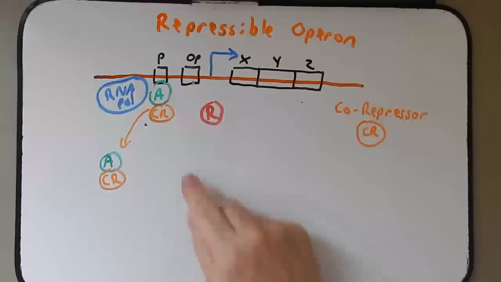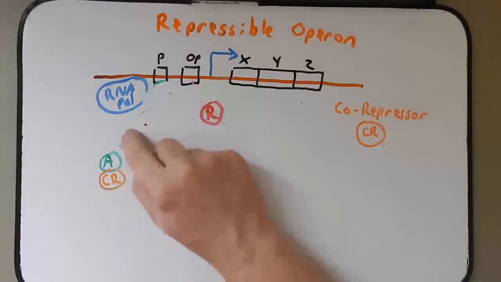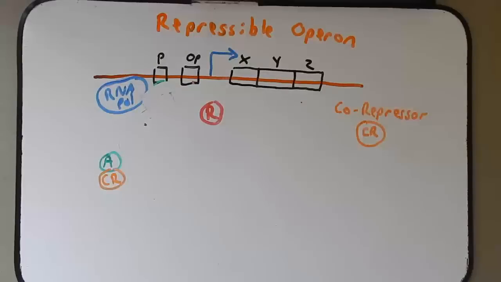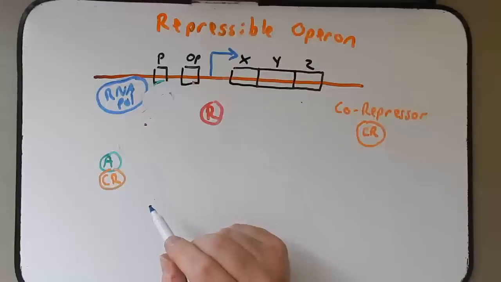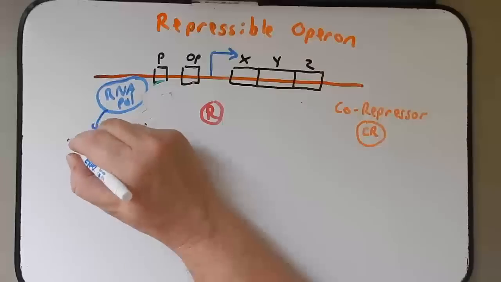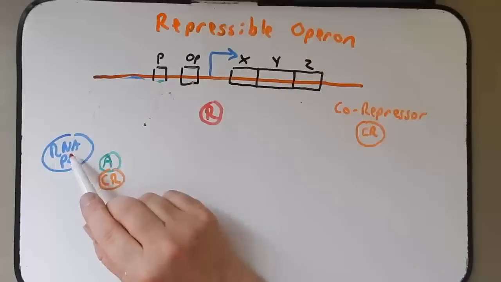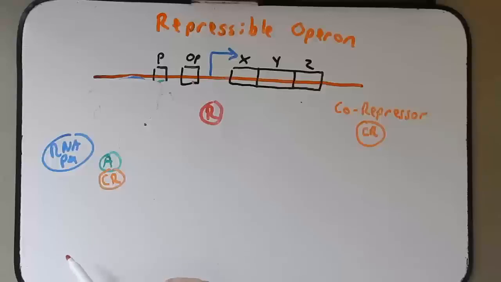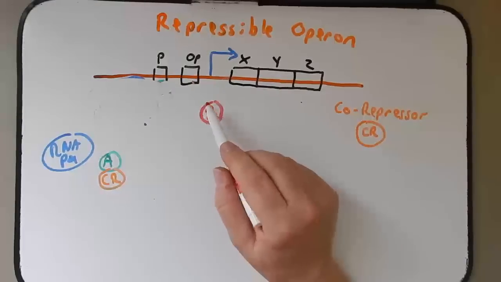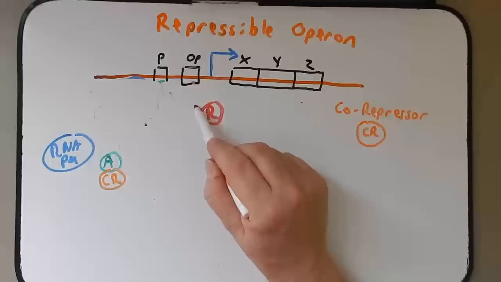And when it does that, it's no longer on the promoter, of course. And because of that, the RNA polymerase will not be able to bind to this area efficiently. So it too will fall off. Now RNA polymerases with some low efficiency can still bind here and turn these genes on, at a very low rate. But to make sure that doesn't happen, the repressor is now going to be bound.